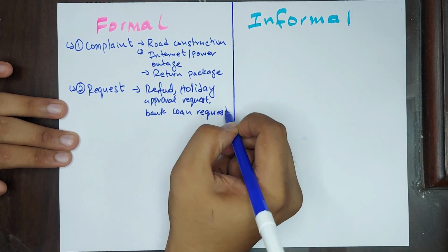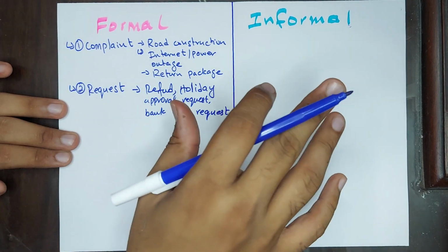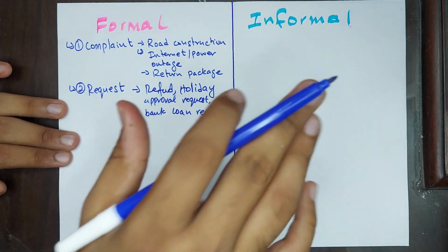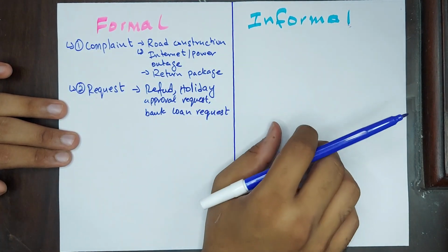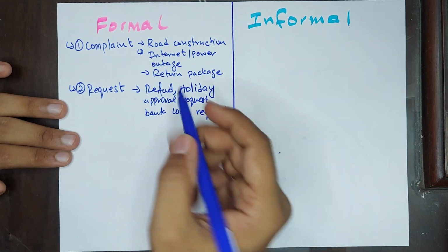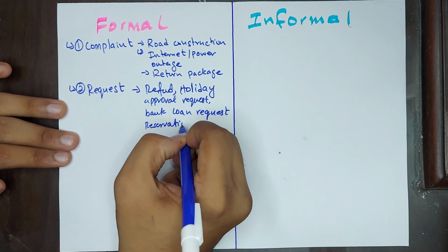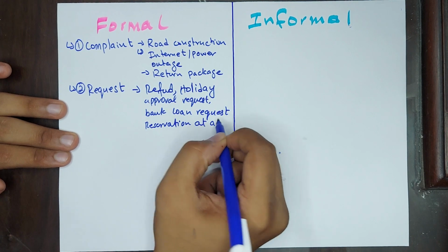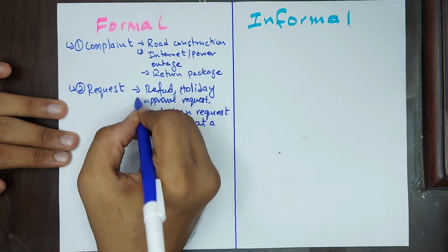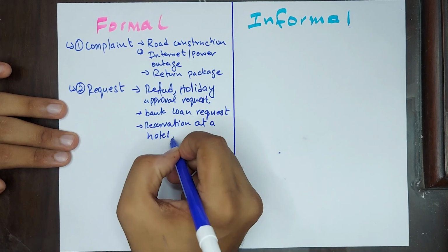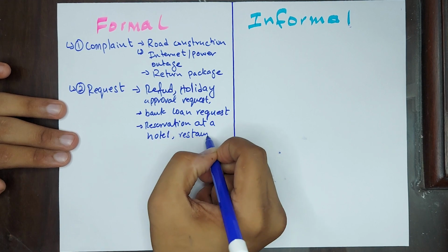Now, I haven't really come across any IELTS writing task one where you have to write a 150 words letter for a bank loan. I mean, it just really doesn't work, but I'm just giving you an example. I'm just giving you an idea. All right. If you want to reserve something, a reservation at a hotel, at a restaurant,